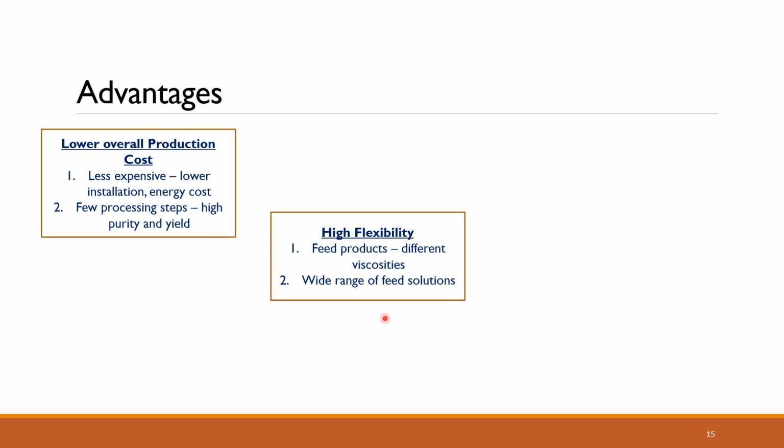Second one is high flexibility. The feed products that you have, you can use a wide range of feed products here. Different feeds can be used which have varied viscosities. If the viscosity is higher, you will have to apply a slightly higher pressure than the normal range so that the fluid is forced across the membrane, but it can be used for a wide range of feed